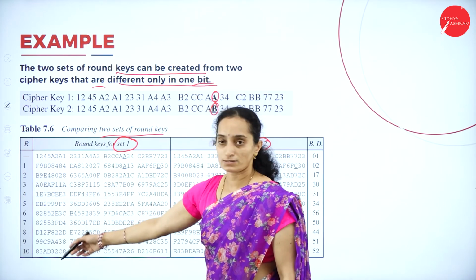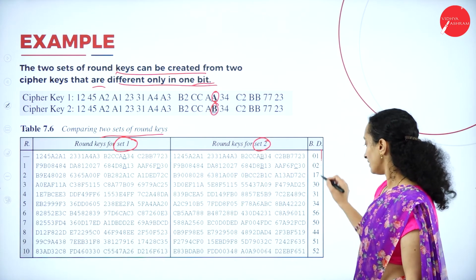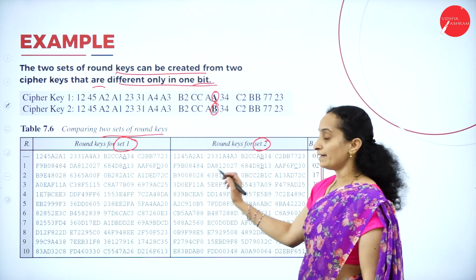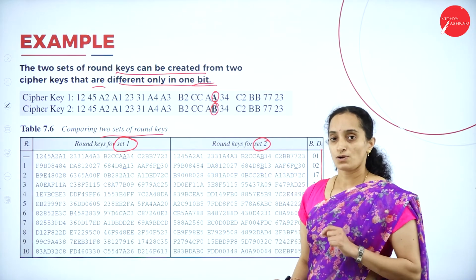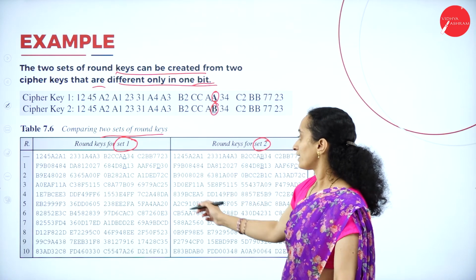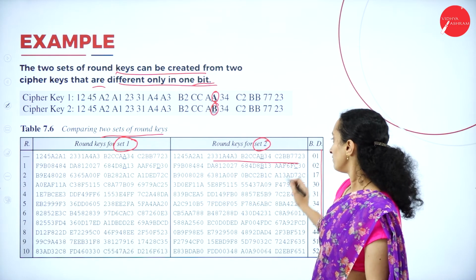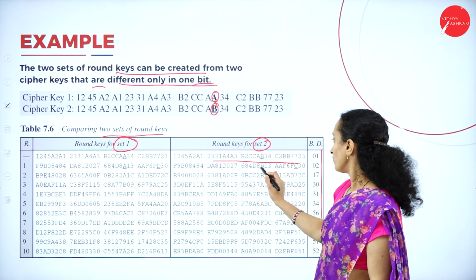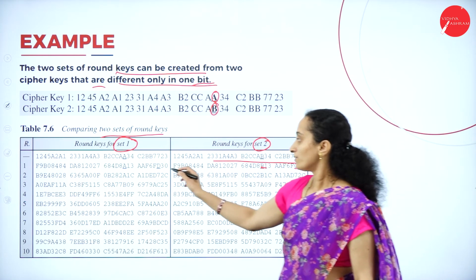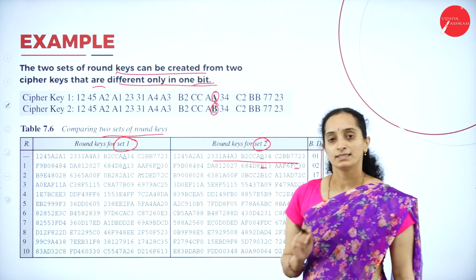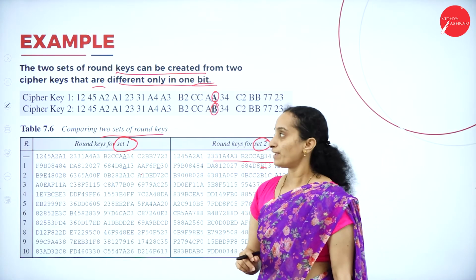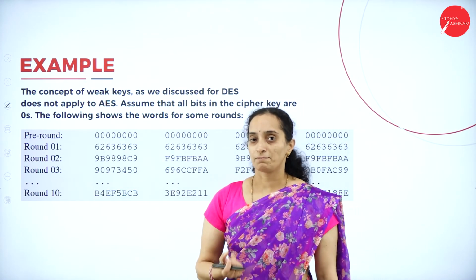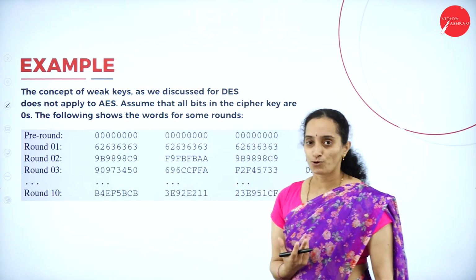Here we have rounds and the words that are generated by using the round constants. Each time the key generated will be different. Round keys differ from only 1 bit. Okay. So here with only 1 bit the key will be differing. Alright. So it makes cryptanalysis a little bit more difficult.